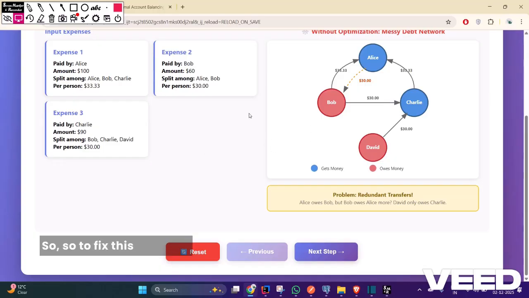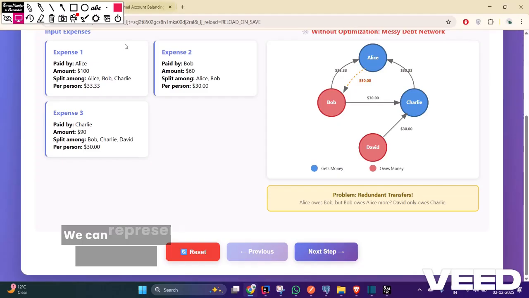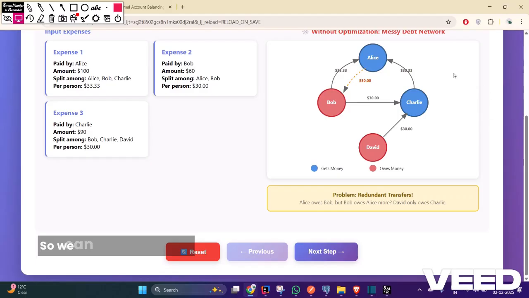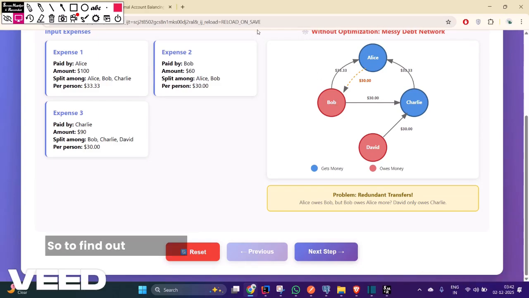So to fix this problem, we can first create a graph. We can represent this scenario in a graph, right? Like Bob pays Alice 33, Alice to Bob 30, and Bob to Charlie 30. So we can represent it via a multi interconnected graph. So to find out who pays whom, how much at last, the first brute force way is to traverse the